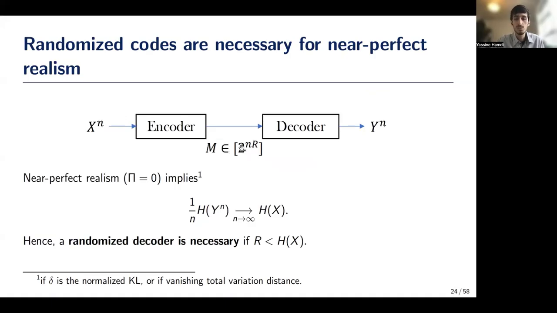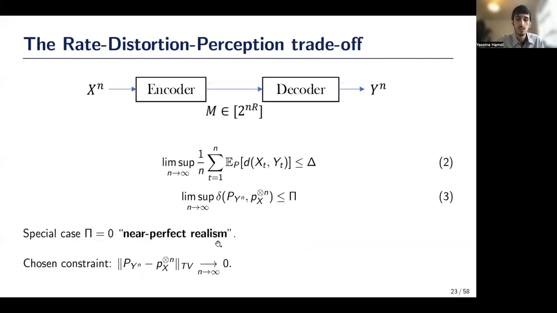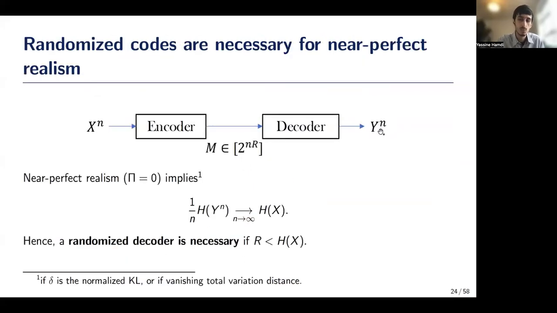So if you remove information here and you do a deterministic map, even if it's a bijection, even if it's injective, you cannot have many possible values for yn. So if you have a deterministic map, you have only 2 to the nr possible values for yn, if there are no duplicates. So it's going to be much less than the value for xn. So if there are not many possible values for yn, it's not going to be possible that the distributions are close. So that's why, in order to increase the number of possible values for yn, we're going to take the